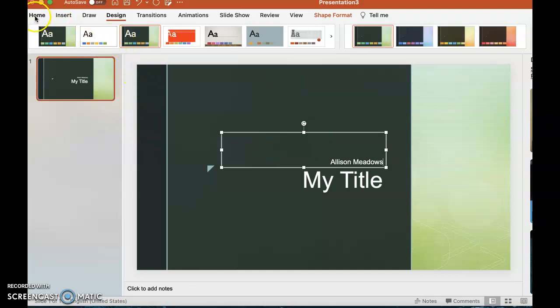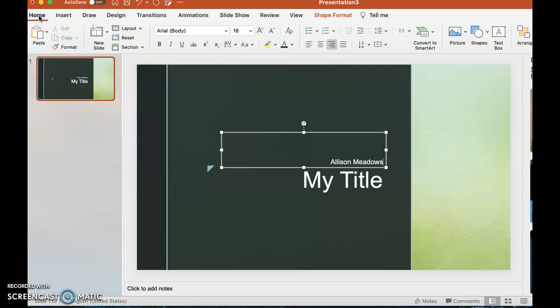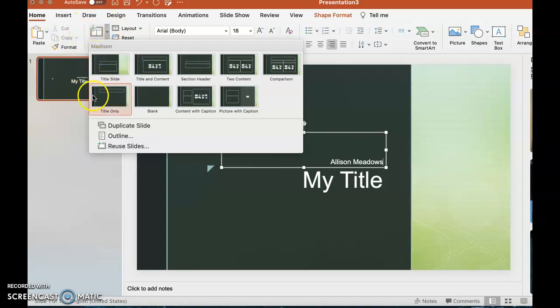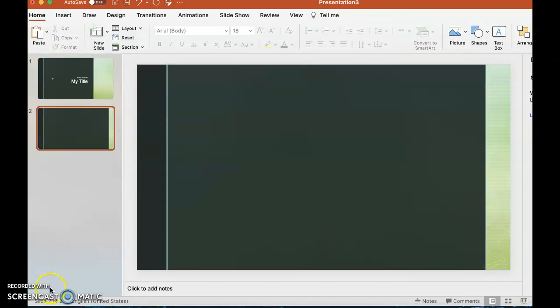So you can go up and click on the Home tab once again, and then you can click on the drop arrow for this new slide button, and it gives you all sorts of slide formats. So I'm going to click this blank slide for slide number 2. And you'll notice that this slide has no text boxes for me to type anything in, so I can create